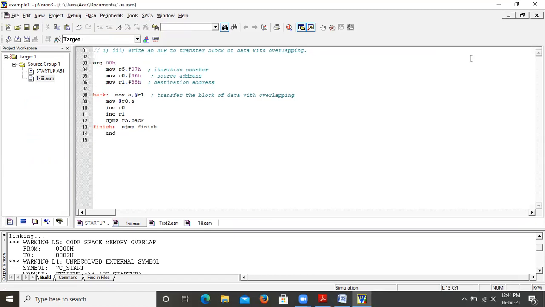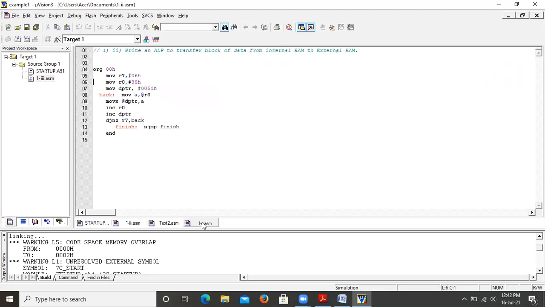So this is another method of data transferring. And remember, we are doing it within the internal RAM location only. Then moving further, the second transfer method is from internal RAM to external RAM. So we can transfer the content from the internal RAM to the external RAM. Prior to that, we will see how the exchange of data will take place. Till now we have just transferred but not exchanged. So next we'll see how the exchange of data takes place.